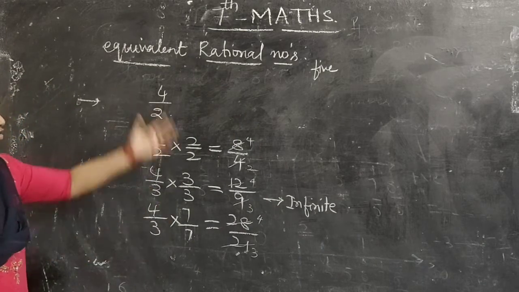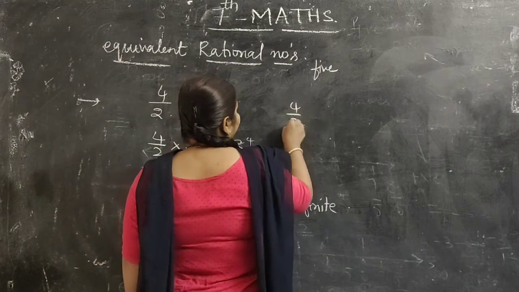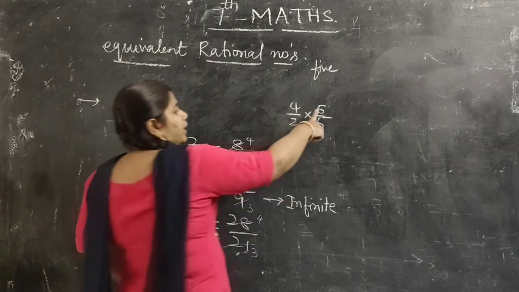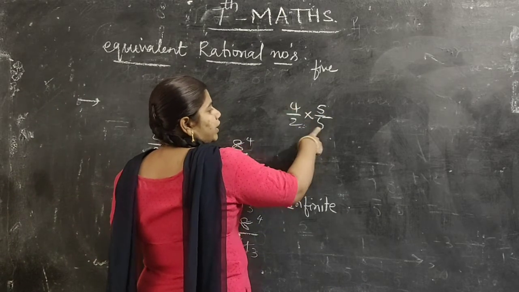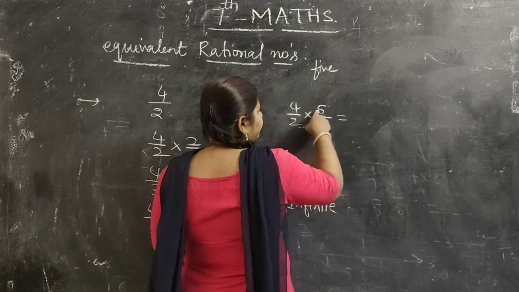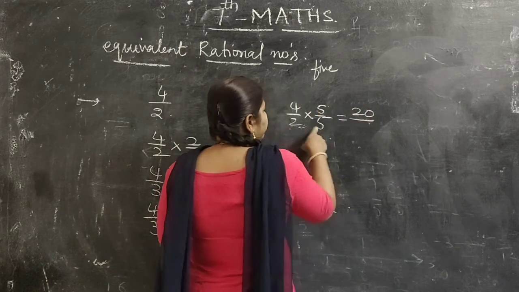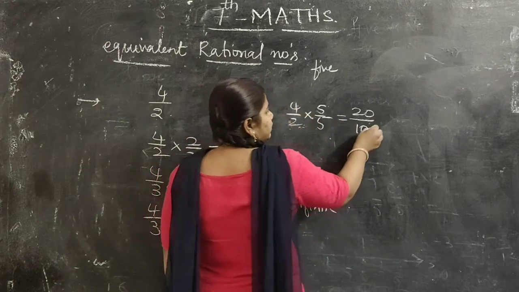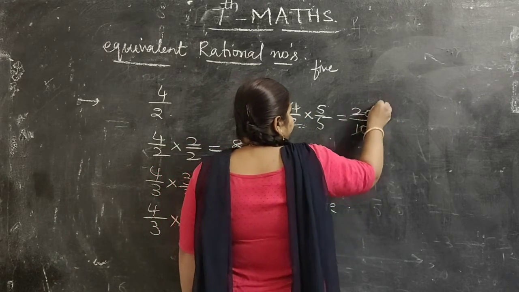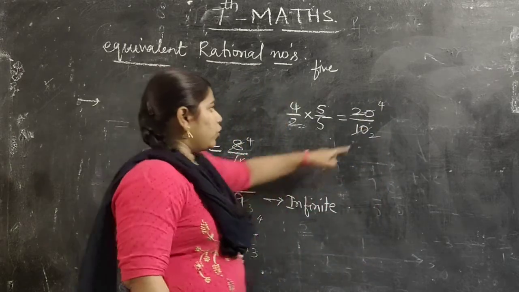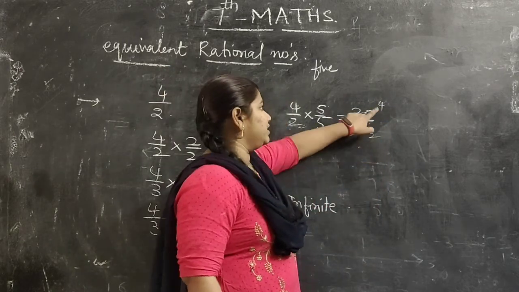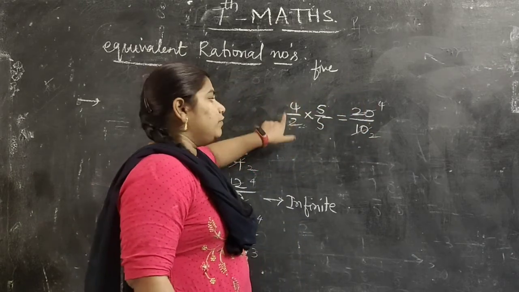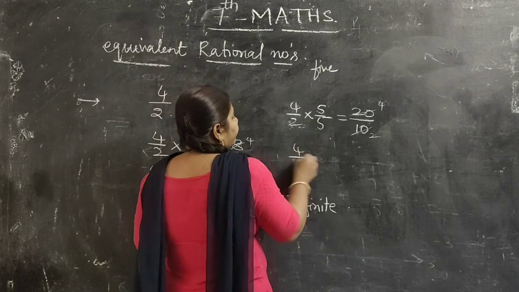So I have taken 3, still 2 I want. You can multiply any value. I am multiplying, dividing with 5 here. So I have multiplied 5 with numerator also and with denominator. So 4 5s are 20 by 2 5s are 10. If you cancel this, again you will get 4 by 2 value only. That is 5 2s are 10, 5 4s are 20. So you got again 4 by 2 after cancelling. So we can tell this 20 by 10 is also an equivalent rational number for this 4 by 2. One more you take, we want the final one.